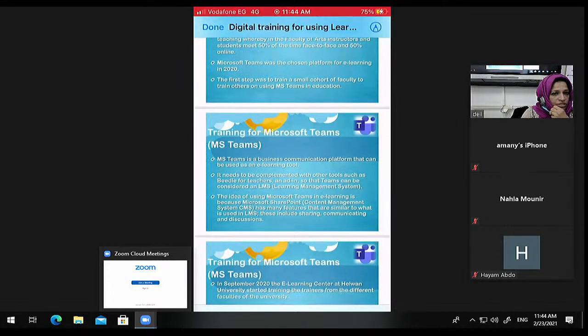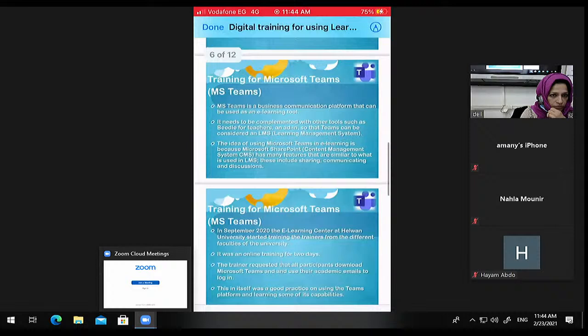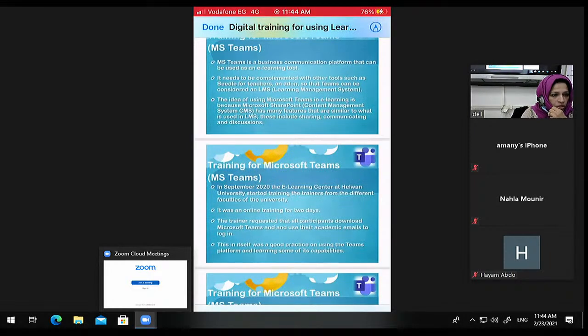It has certain features that are similar to learning management systems, and it was relatively successful for us in our first semester. We took this online training through Teams, so we were introduced to how to start a meeting, how to divide channels into weeks and so on. And this